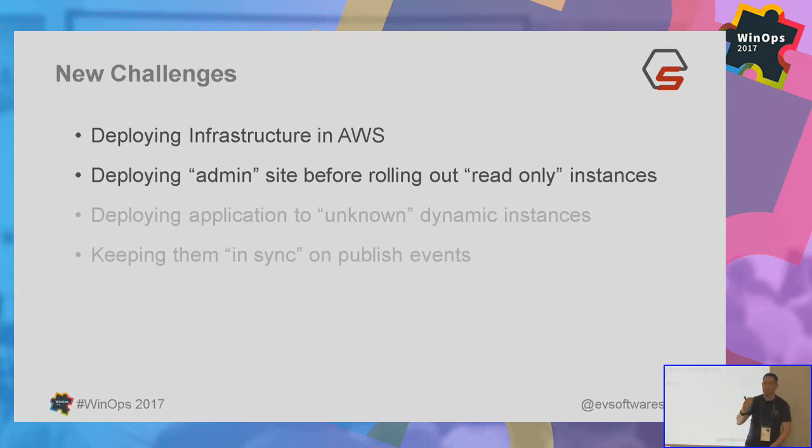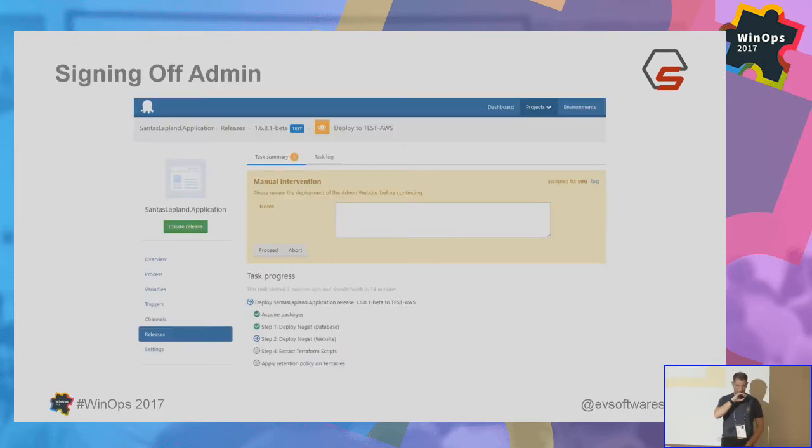So traditionally, in our Umbraco setup, with it being content management, we have one publishing site, which is internal, private. We don't expose the admin on public-facing sites. And we call those our read-only sites, in effect. So we had to deploy one site before we rolled it out, but it gave us the opportunity to verify that that site was good. So we wanted to deploy an admin site before rolling out our read-only instances, and so we used the manual intervention steps inside of